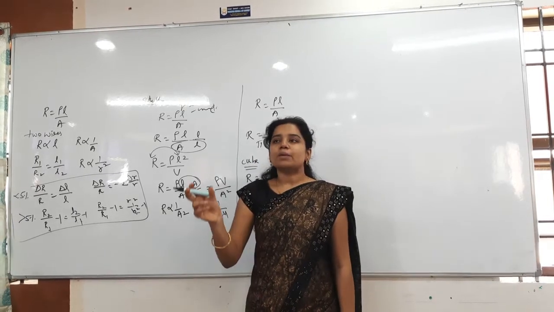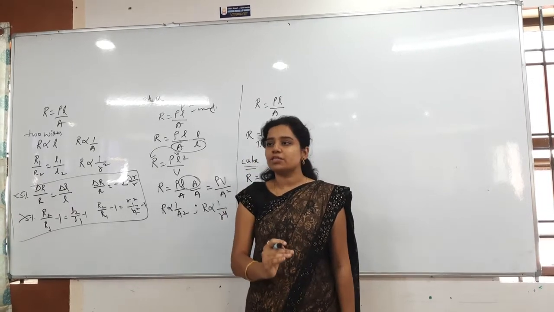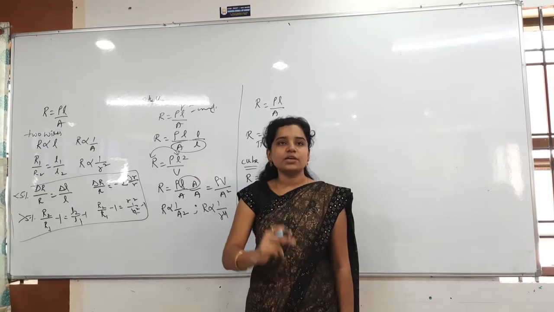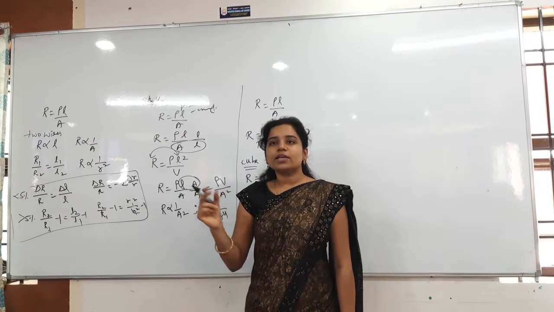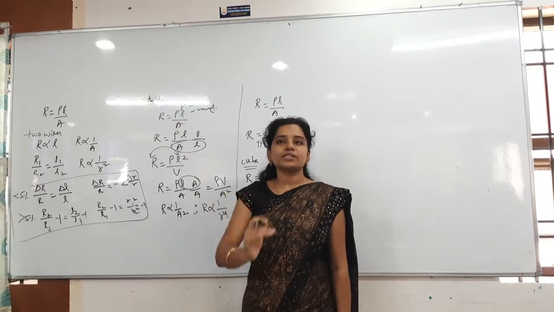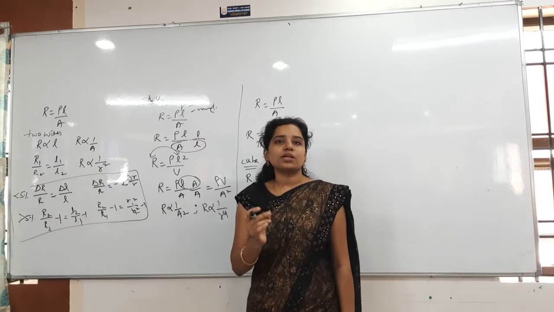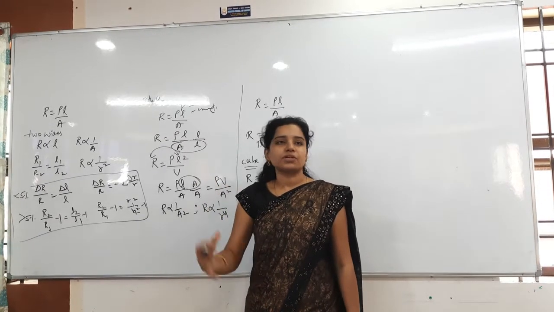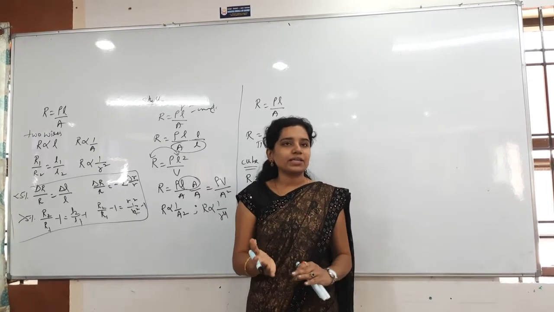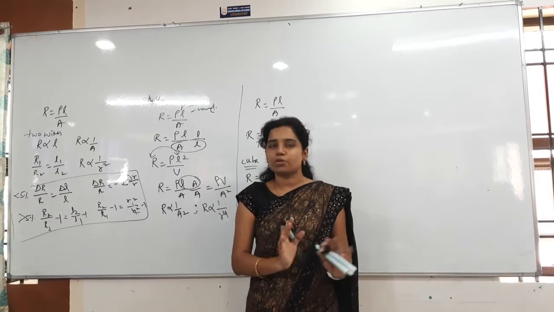Kelvin or Celsius, both are the same only. Why? Because the temperature difference between the boiling point and the freezing point is the same. For the Celsius scale, the freezing point is 0 degrees and the boiling point is 100. In the case of Kelvin, 273 and 373. What is the difference there? 100 only. So everything is the same. Don't think that we have to convert again into Celsius. They might give per Kelvin or per degree Celsius; take it as it is in the formula, in whatever problem you get.